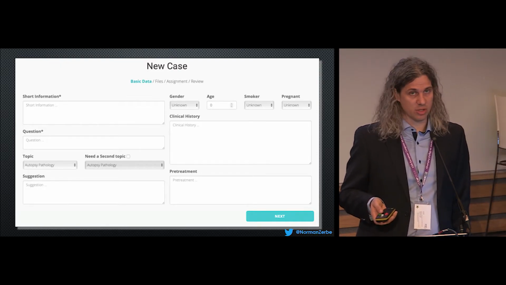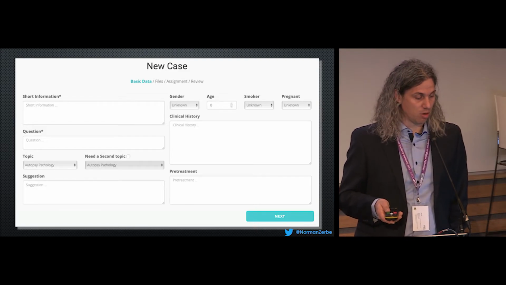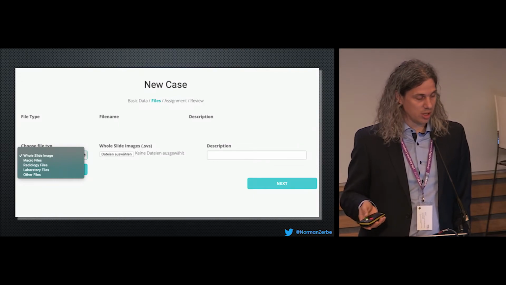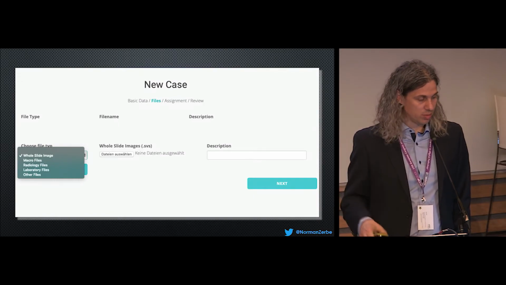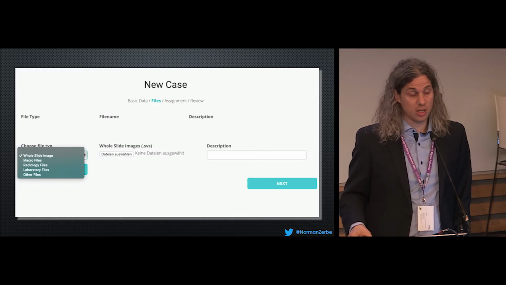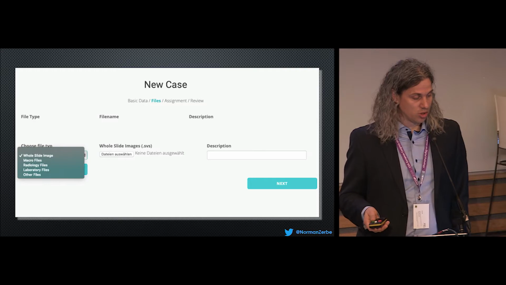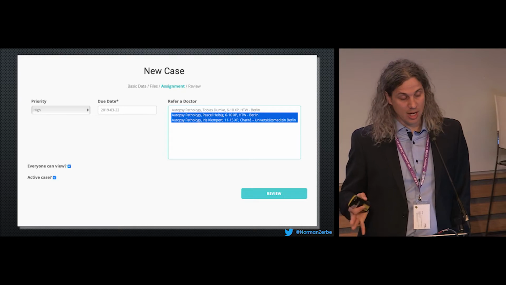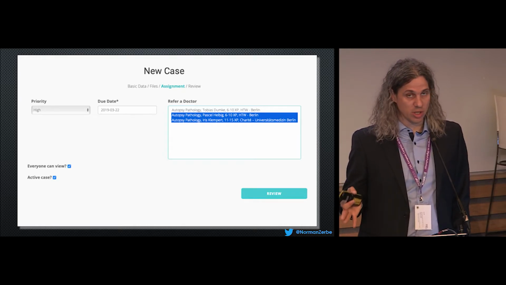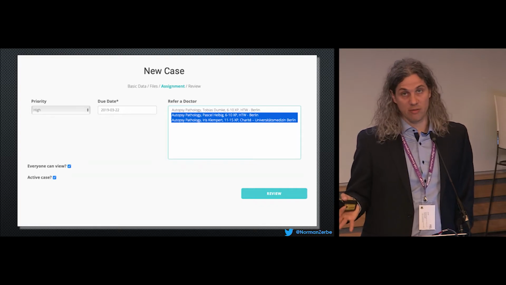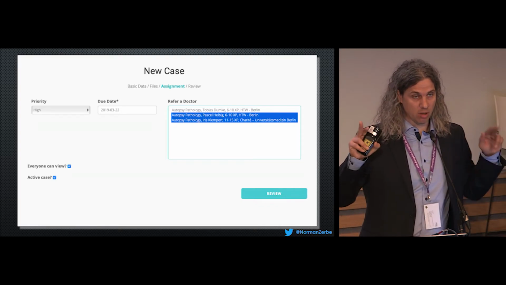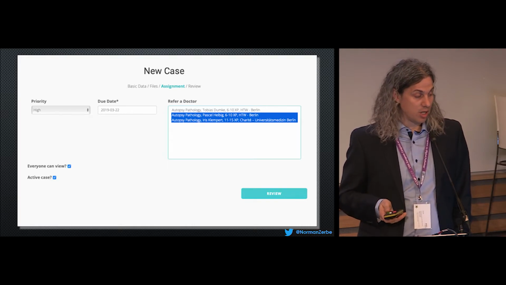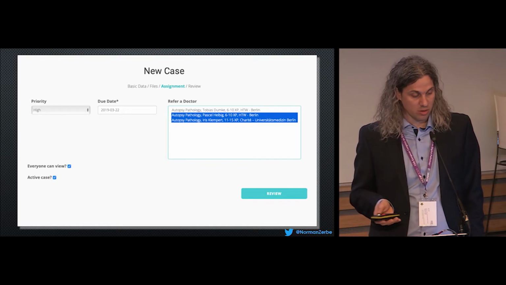And of course, you have to select a topic to assign the case to a proper audience or to a certain expert. In the next step, you are able to upload additional data like images, host slide images, radiology images, laboratory data, or whatever files you want to add. And in the third step, you are simply able to name people you want to address this case to, or make it available to everyone, open it to the public of the platform, and ask for their recommendation. You are even able to add a priority and a due date, but it's not required.